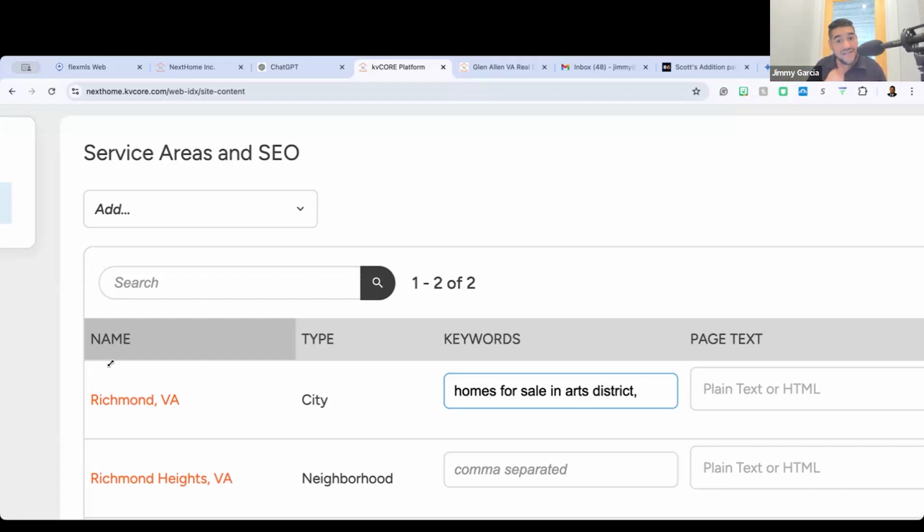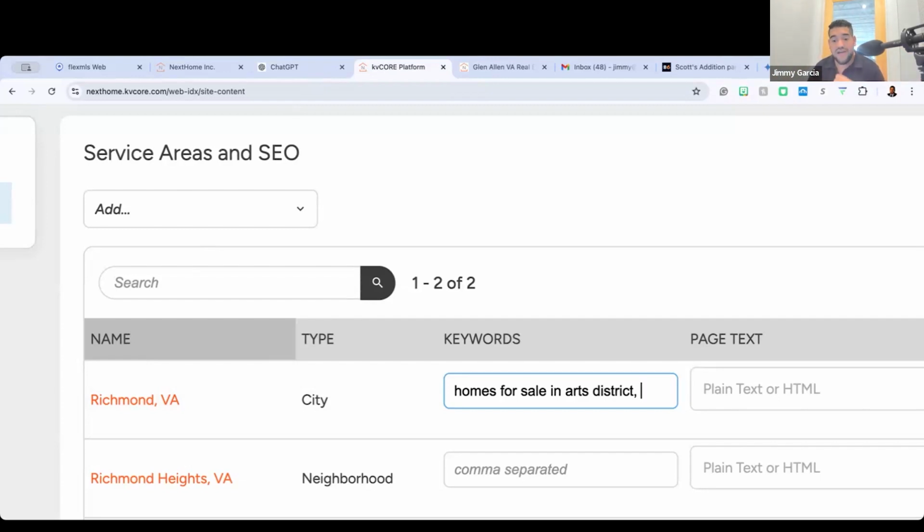So you could do it based on zip code, but you and I both know the zip code, for those of you in the Phoenix area, for Arcadia is varied. You could go from one side of Arcadia where your price point is 2.5 million, to the other side where your price point is 500,000, everything in between. So your knowledge of a specific area, that's where you're going to put in for your SEO. Because people who live locally, they're not going to type in homes for the zip code.